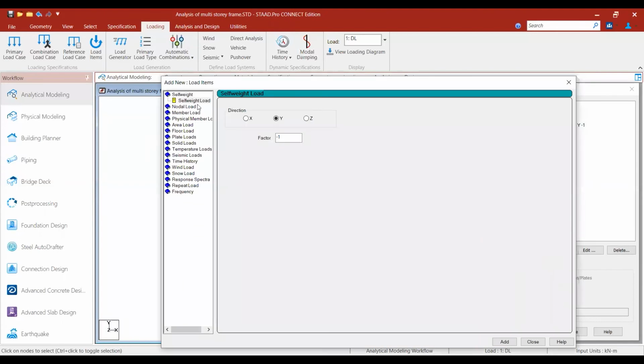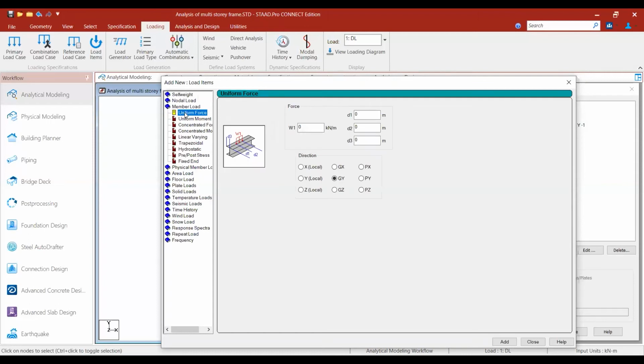Your load items will be coming: nodal load, member load, like that. Different loads are there. Whatever load you require, you choose and apply. Under member load there are uniform force, concentrated load and others. We are applying a uniformly distributed load, so we selected uniform force.